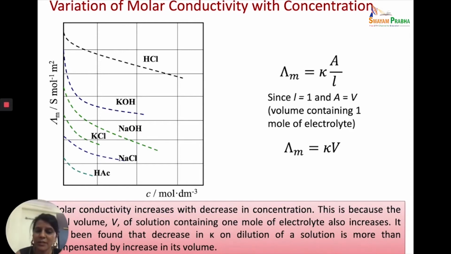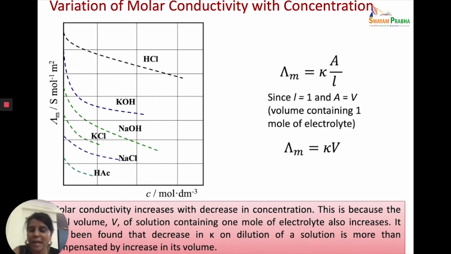When Kohlrausch was working with electrolytes, he plotted the graph of lambda versus concentration, and this is the kind of graph that he obtained. He saw that the lambda values for weak electrolytes were low initially, whereas the values of lambda for the strong electrolytes were higher. Also, he saw that these values of lambda, when plotted against C, were not linear in nature, and he wanted to study this. We are going to talk about this, but before we do that, let's look at what is lambda.